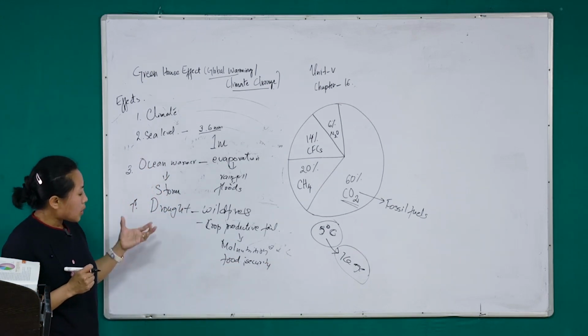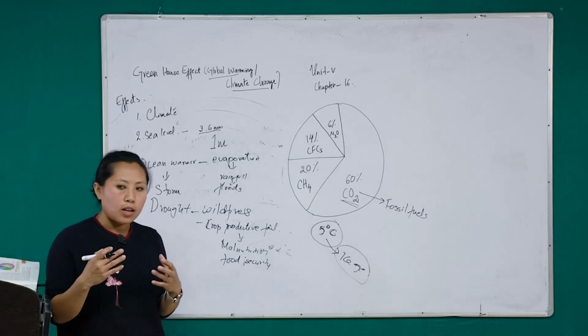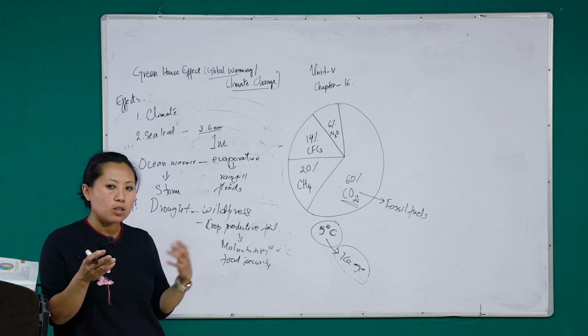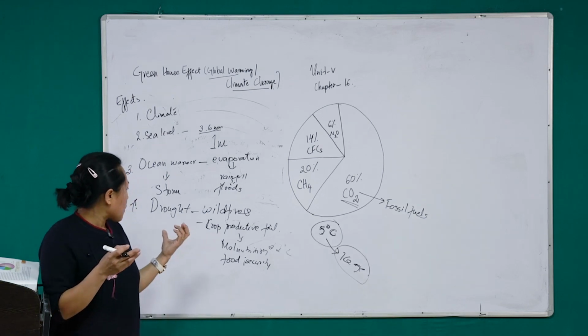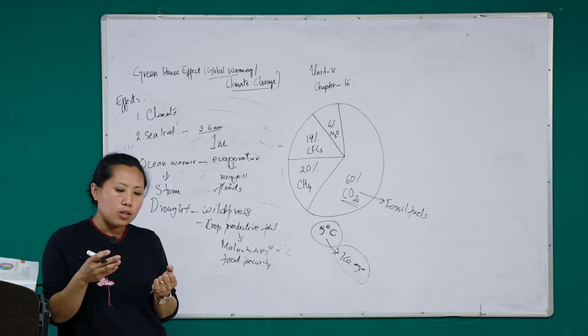Okay, so besides this, as the temperature increases, there will be more and more heat waves, and these heat waves will kill human beings. Also, there will be many kinds of respiratory illness related to the heat. And because of this climatic change, or because of the increase in the temperature of the earth,